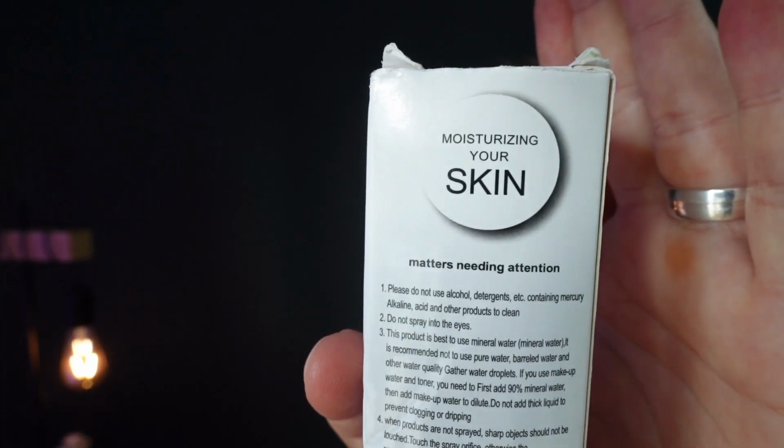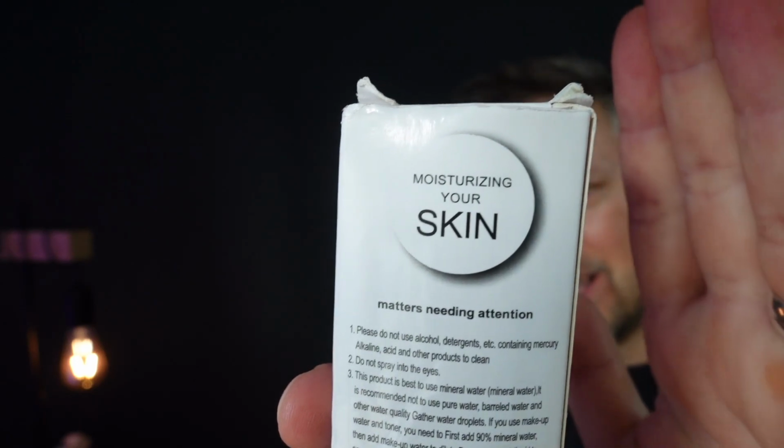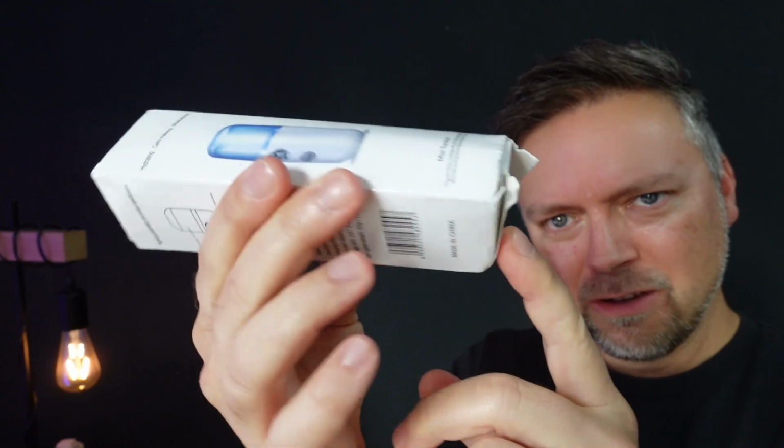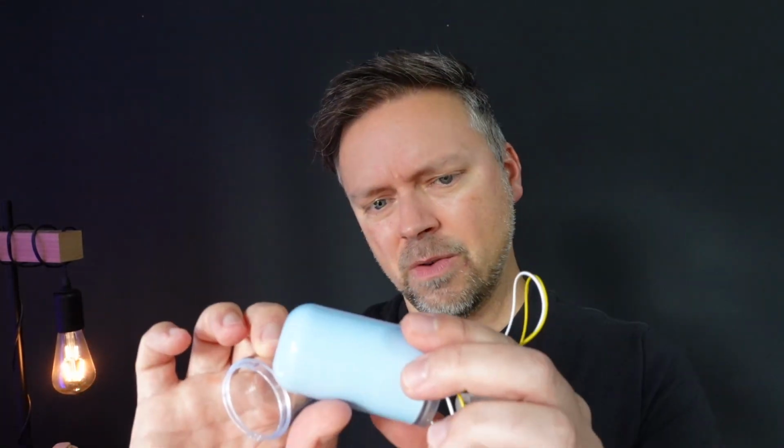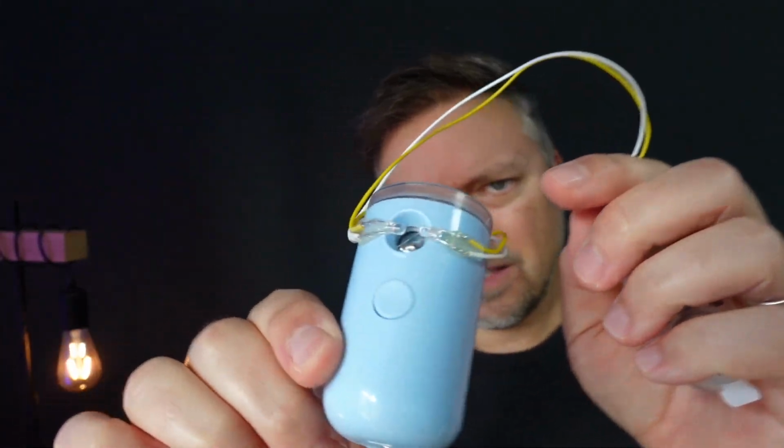Okay. It says here, moisturizing your skin. It is some kind of mist sprayer that has obviously been opened many times before, so I'm probably not going to be the first person to send this back. No. Hearts falling out. We've seen that before. All right, what I see here is